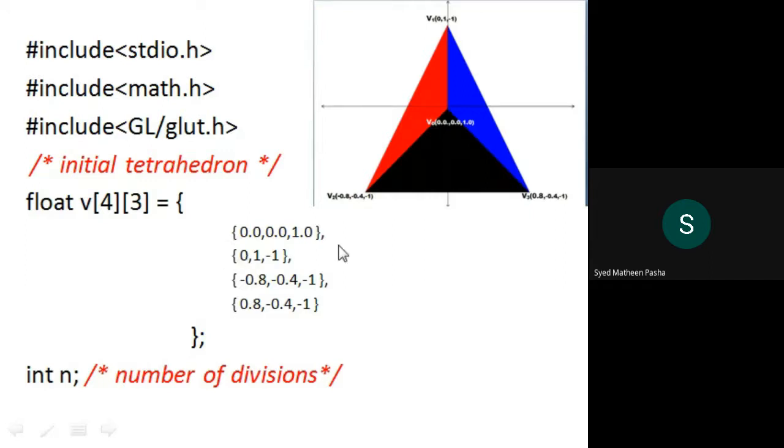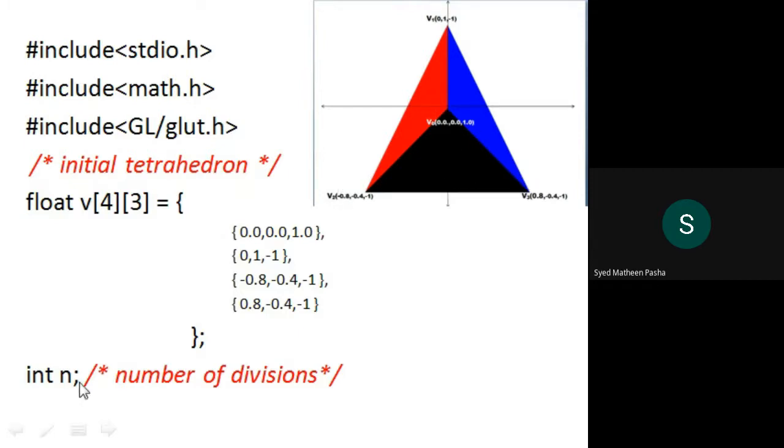With the help of these values, check out the first parameter is the first vertex of the tetrahedron. The second is the second vertex, third and fourth. This is split actually differently in the diagram. So these are the vertices you are defining. That is, there are 4 vertices of 3 parameters. This is what it defines. You are defining 4 vertices with 3 parameters. So similarly, a tetrahedron is being drawn.